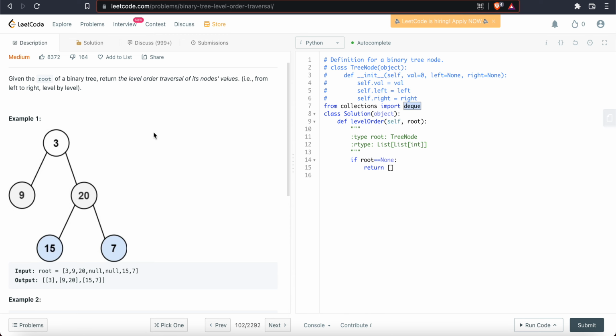So the main idea here would be to start with a deque with the node 3. And then we can use any sort of distinguisher that does not appear in the tree. So in this case, I'm just going to use a null pointer or a null value. In Python, it's called None. I'm going to use this as a distinguisher. So the main idea here is